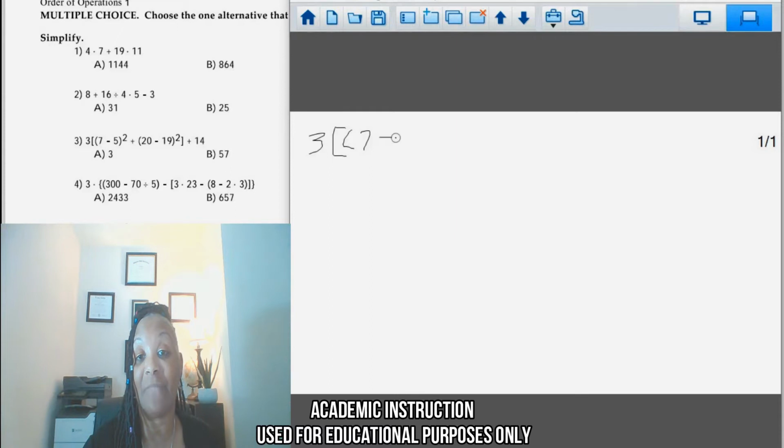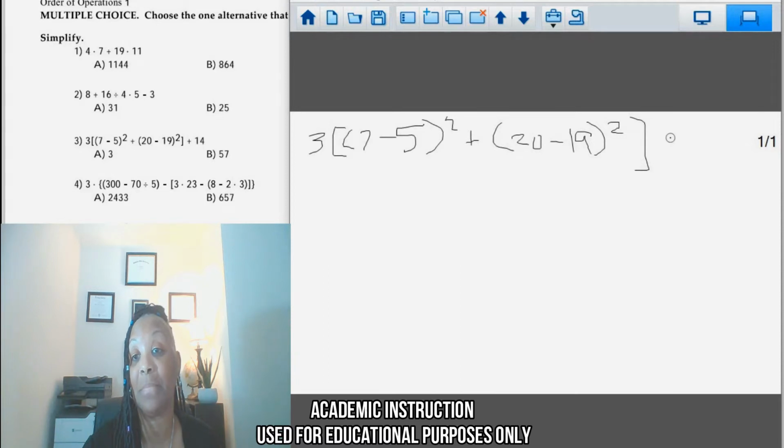We have 7 minus 5 squared plus 20 minus 19. This will also be squared, bracket, plus 14. Okay, so the first thing that we're going to do is what's inside of our brackets first. So here we have 7 minus 5, which will give us 2. That's going to be squared,